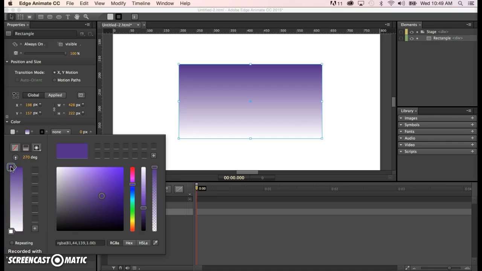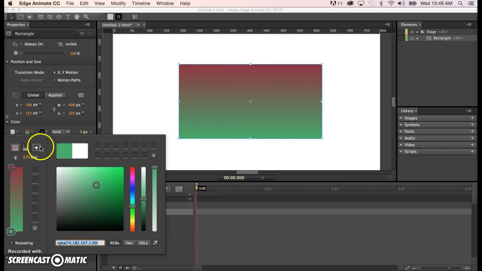If I want to edit the finishing color, I simply click on it and select a new color. If I want to edit the starting color, or the opposite color, I simply click on it and select a different color. I can change the degrees right here. Try that, watching your screen to see what's happening. So that is a linear gradient, meaning we start with one color and finish with a different color,